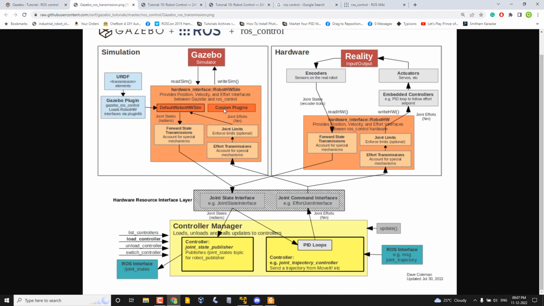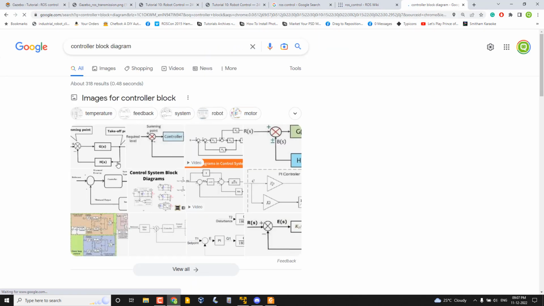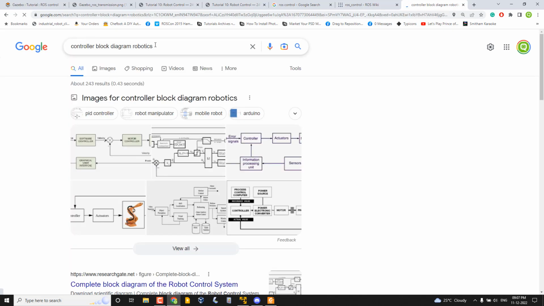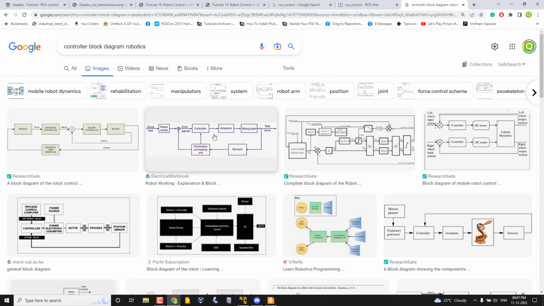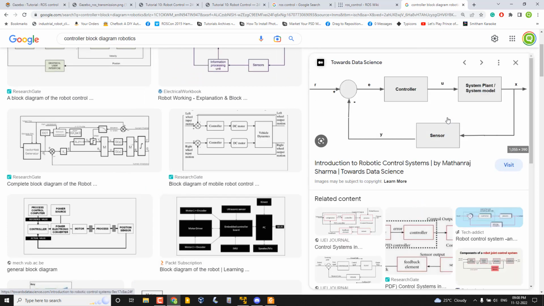So I think you know about the controller, right? The controller is actually like, maybe I can show you the block diagram. It's very simple. Yeah, maybe you have heard about the PID controller, P controller. The thing is that